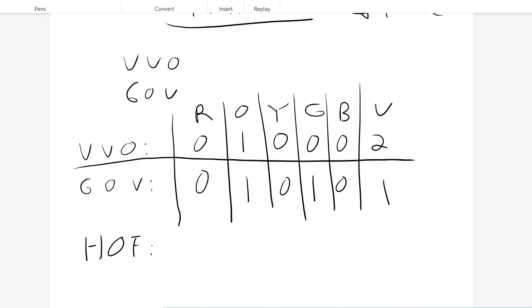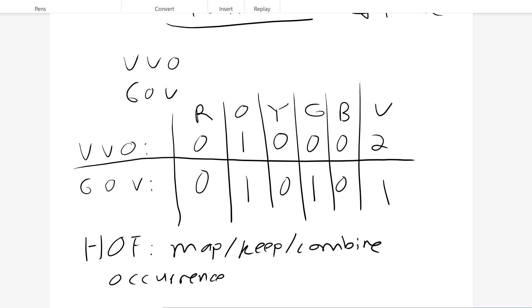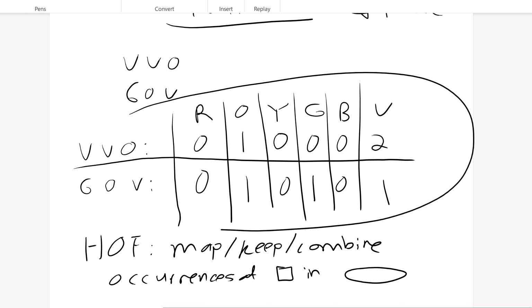So one of either map, keep, or combine, not all of them, in combination with the block you made earlier called occurrences of blank in some word. So if you use this block in combination with one of these higher order functions, you should be able to implement this part of the algorithm,